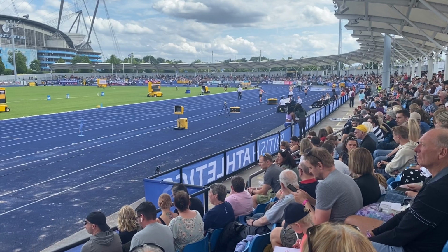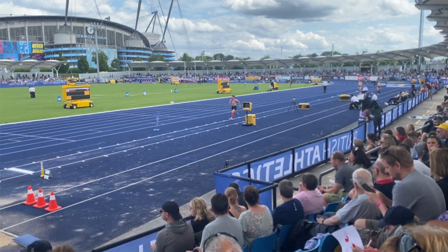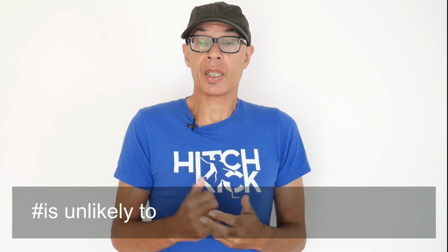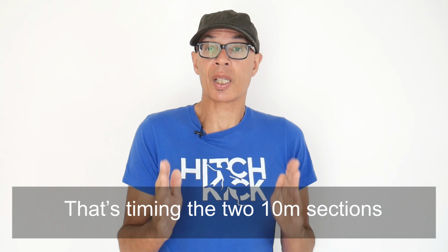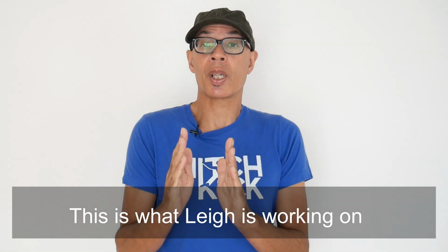We've done experiments where we've tried to time the 10-meter section into the board and the 10 meters before that. Now, obviously, a run-up being about 36 meters is not going to provide the optimum velocity, the top speed that a fly 20 meters will. But it is interesting to look at speed distribution and as a way of teaching the jumper how they need to generate potentially greater speed earlier on in the run-up to try to handle that speed and develop that speed